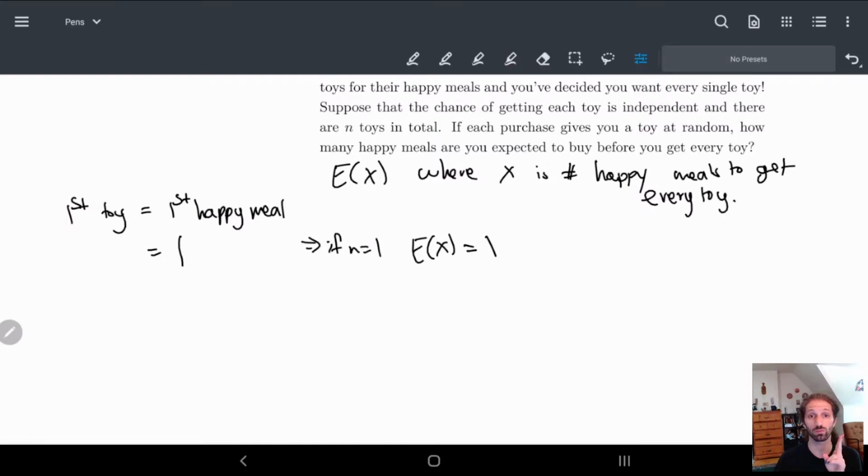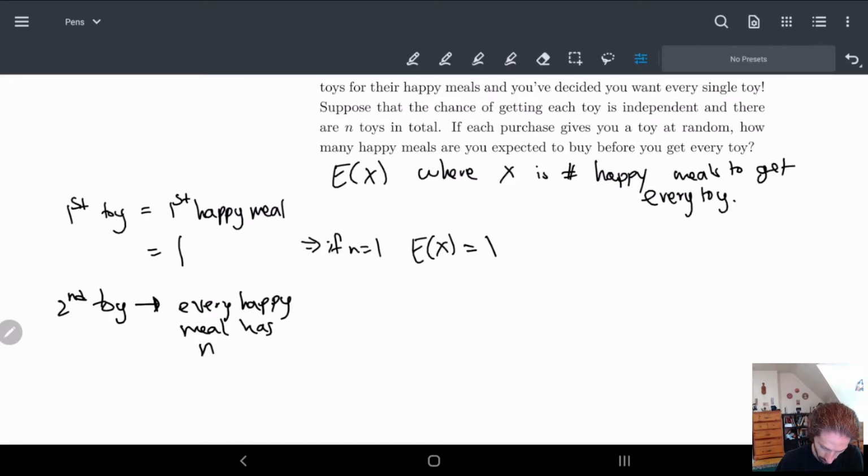Alright, well, how about 2? What happens if I try to get a second toy now? Every single time I try after that, for the second toy, every Happy Meal has n minus 1 over n chance of giving me a new toy. But since every single one is independent and every single one gives me the same chance, this is just a geometric distribution. So in other words, if n is equal to 2,